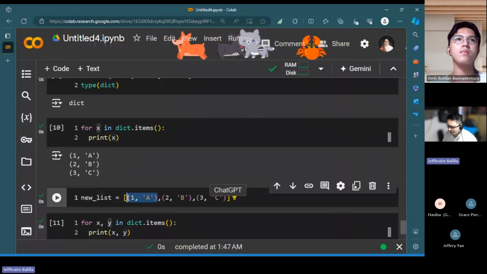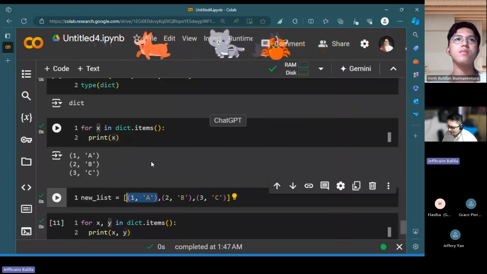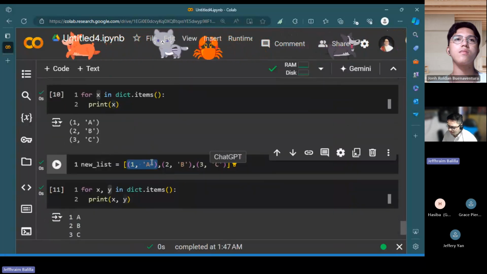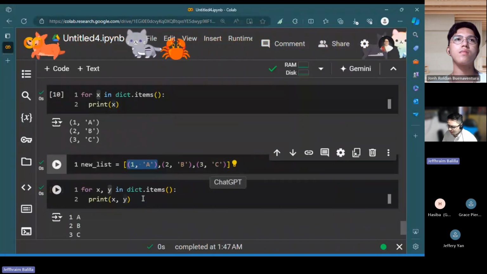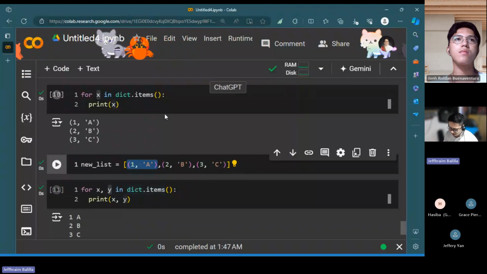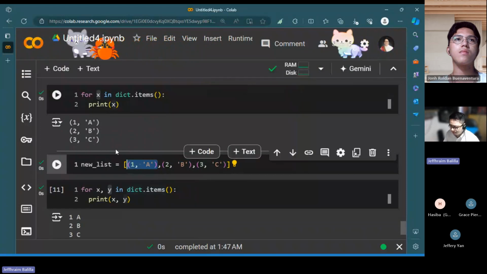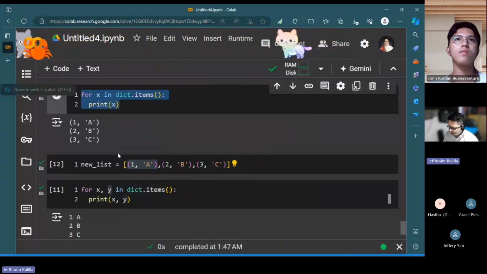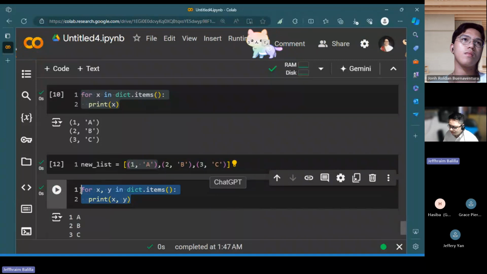Because we don't want to separate the key and the value. They are pairs. So it might lead to more confusion if you try to separate the two. So the question here is just about the structure, guys. The difference of the output between these is only about the structure.